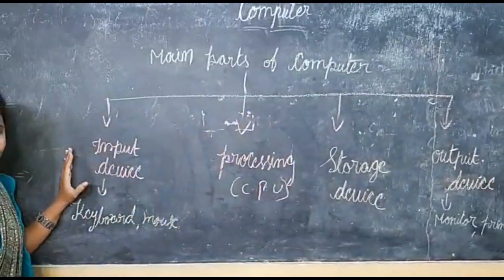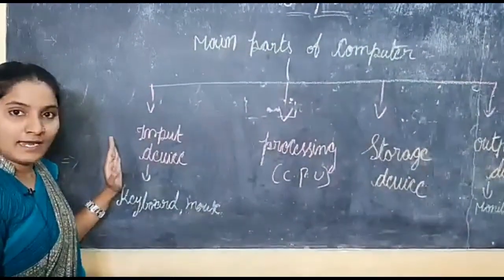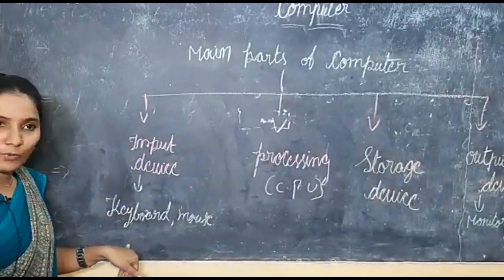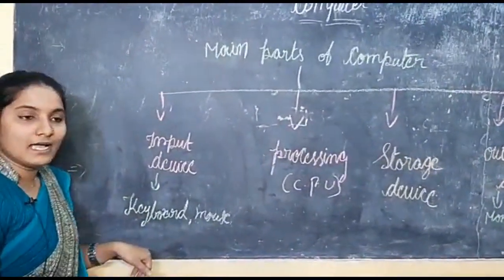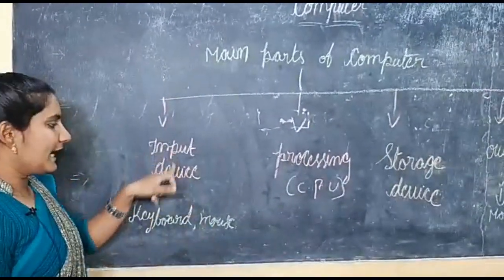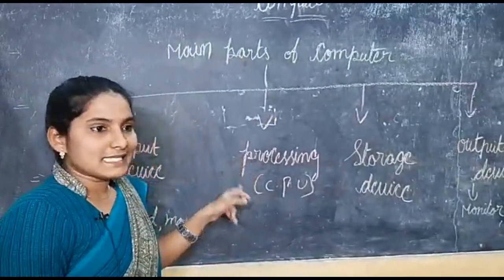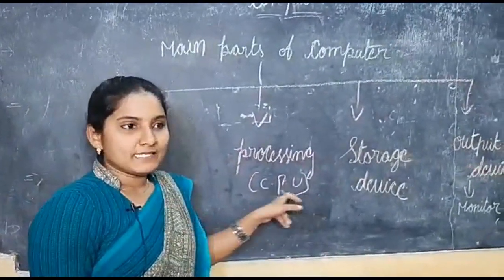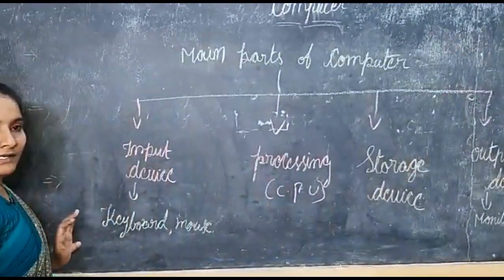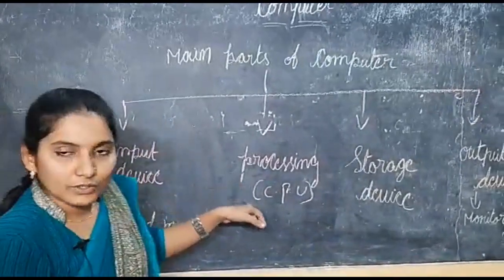First of all, what is an input device? To enter the data. Why do we enter the data? Using the help of keyboard and mouse. Whatever text you have to give, we use the keyboard and mouse. This is the input device. And next one, processing. Processing means central processing unit. This is the central processing unit. Whatever instructions you give to the computer with the help of keyboard and mouse, after that it goes to